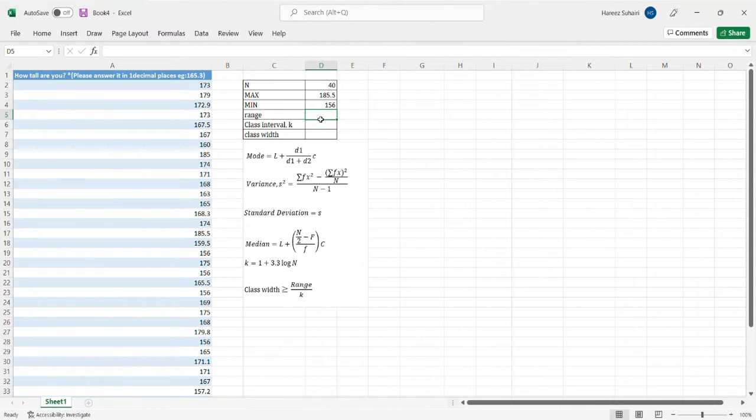So in Microsoft Excel, instead of just simply using our calculator and calculating it manually, there's a much cooler way, which is to also press equals, click in our maximum minus our minimum, press enter, and it will calculate the value for us. Simple yet effective. So for a class interval k, we will need to use the equation of 1 plus 3.3